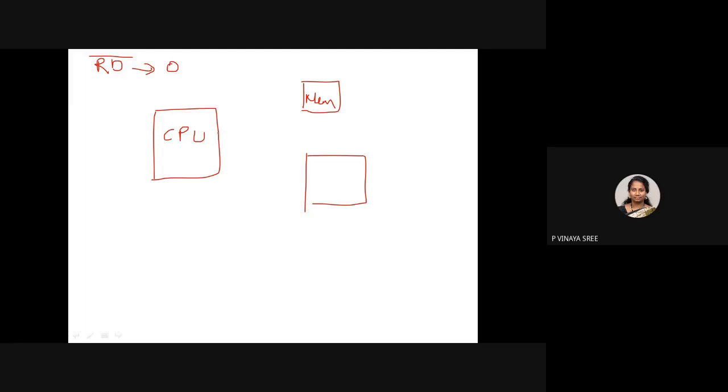If it is reading, it may be reading from the memory or from the IO. So read indicates it may read either from memory or from the IO, the external peripheral devices. Let us consider you have an exam, so you can open a textbook for reading, or open your notes for reading. Finally, the data will be present in your brain. Similarly, the processor will read either from a memory or from an IO when the read signal is 0.